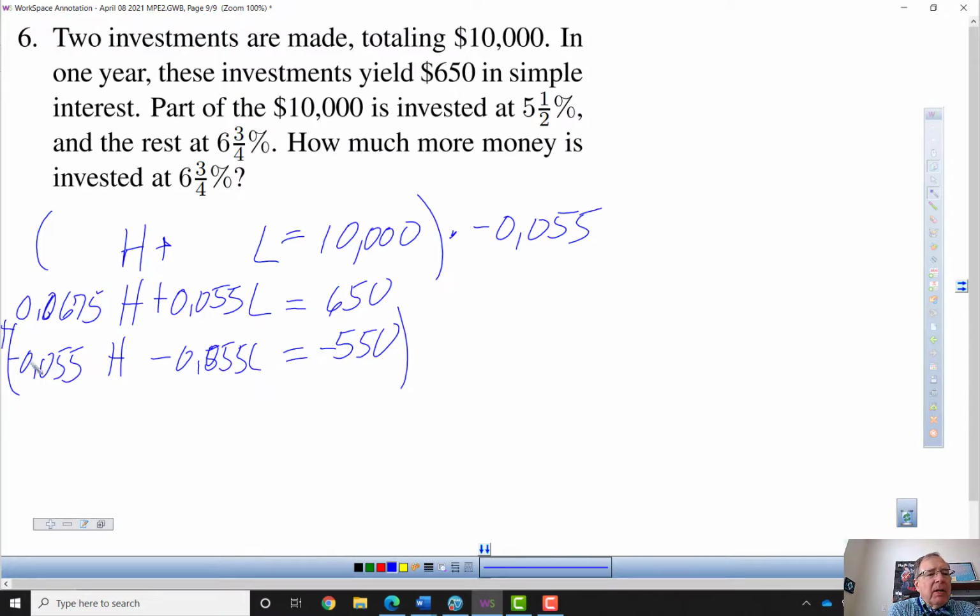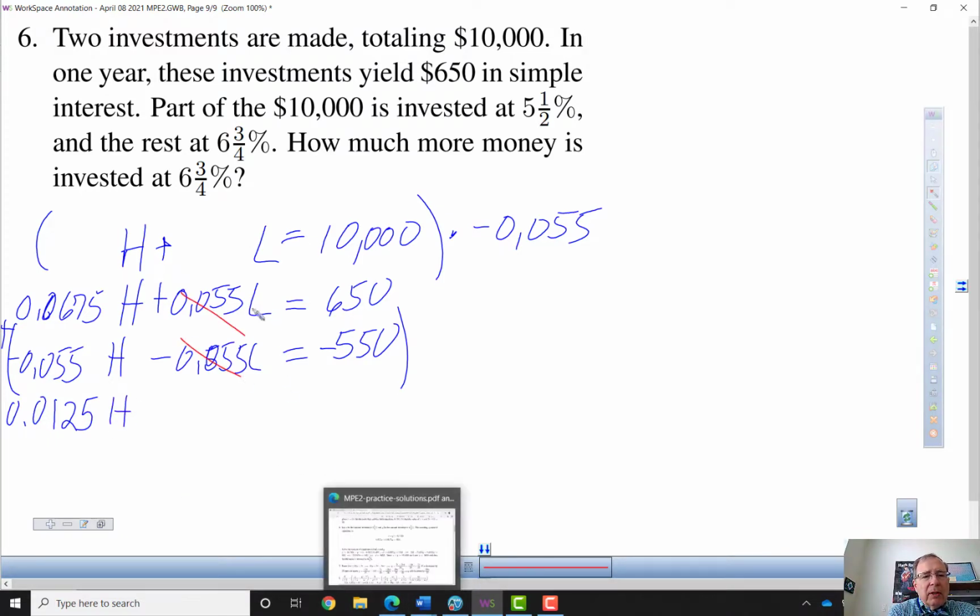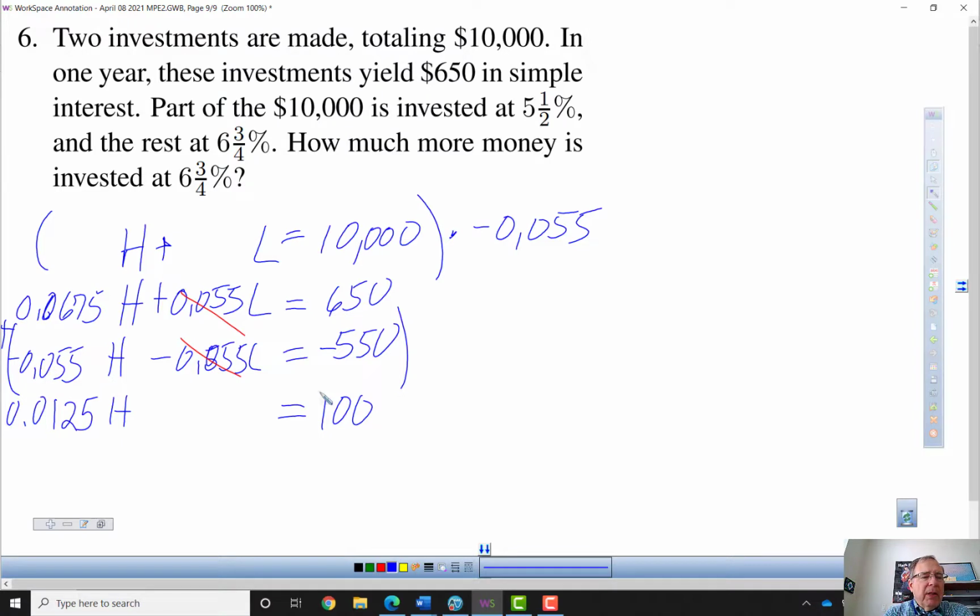So negative here, so this is going to give me 7 minus 5 is 2, 6 minus 1, so 0.0125H. So this will cancel out the L variable, and here I will get 100. So now H is 100 divided by